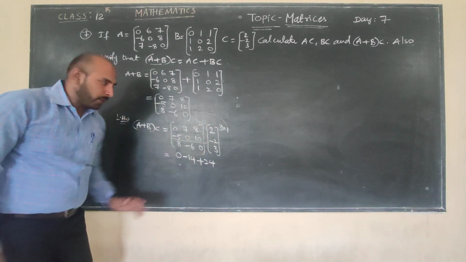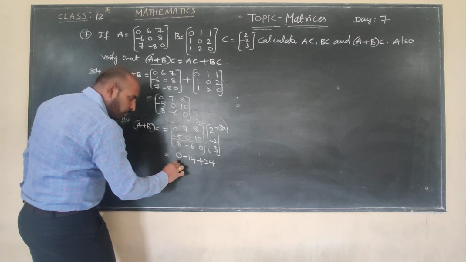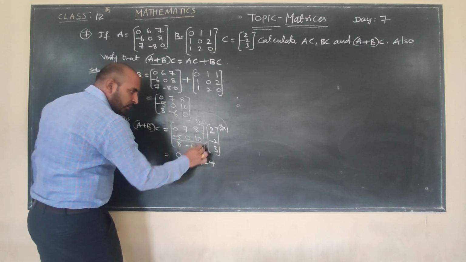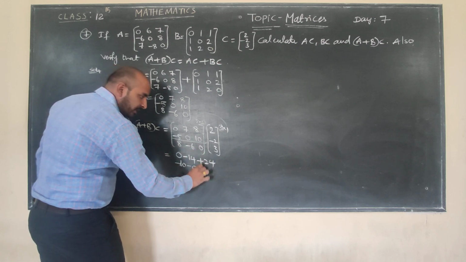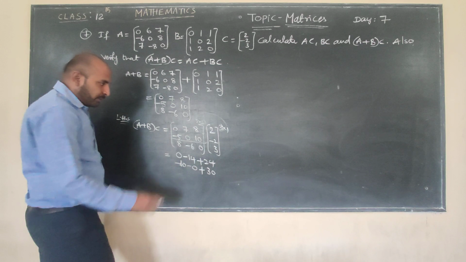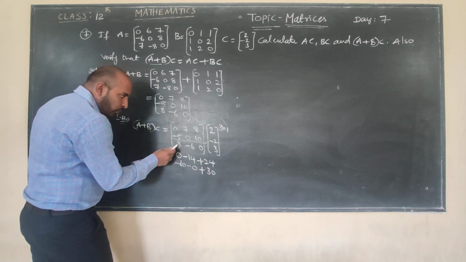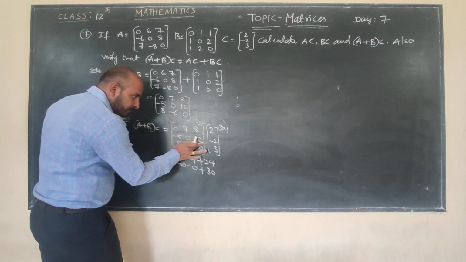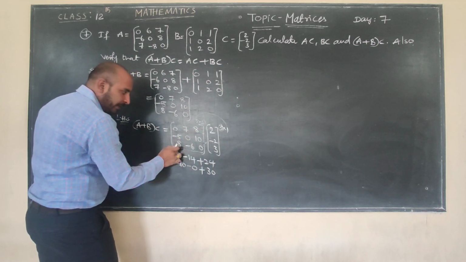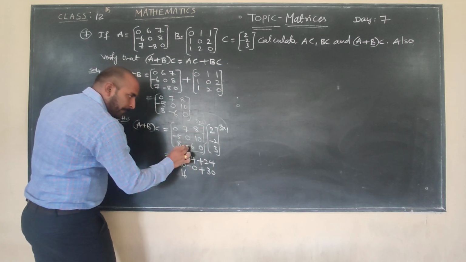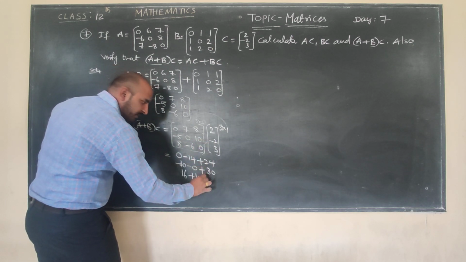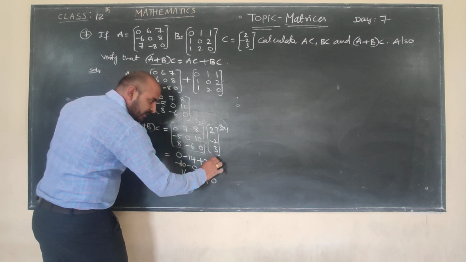Now coming to the second row elements. Second row with first column: minus 5 into 2, this value is minus 10, plus 0 into 2, that is 0, plus 10 threes are 30. Corresponding elements must be multiplied. Now the third row elements: here the first element, here also the first element. 8 twos are 16, minus into minus, plus 6 twos are 12, plus 0 into something, this is 0.